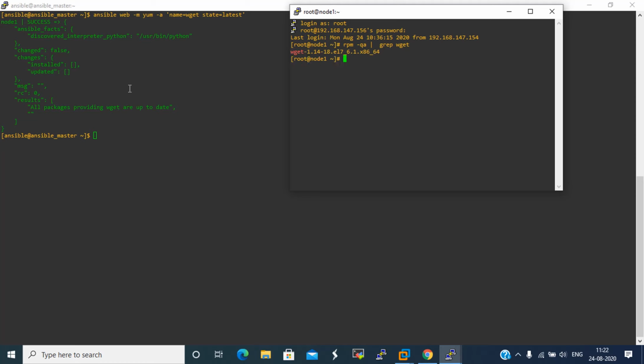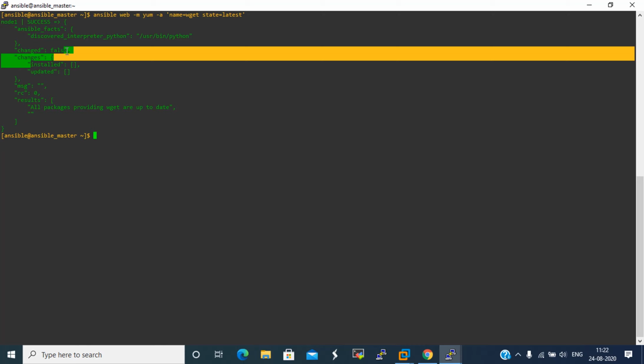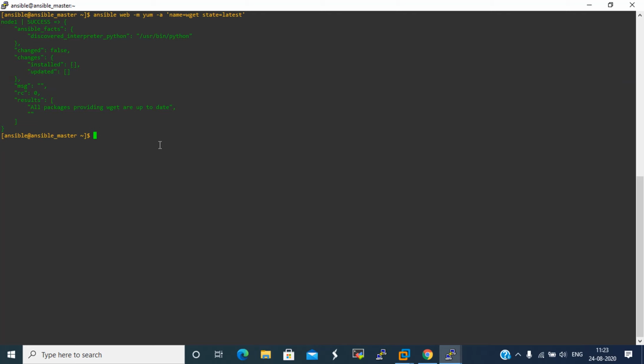Okay, it's installed now. It is installed. Updated. Now we will install Nmap on all the servers, on both servers. Currently we have only two servers, but for testing purposes, we are assuming there are too many servers.